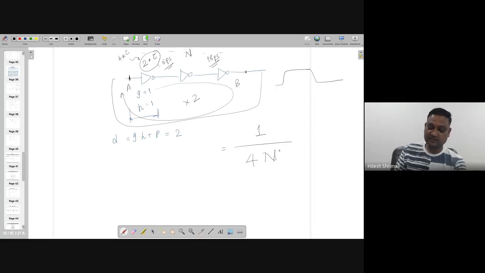Note that these particular numbers are normalized to the time constant. I am not writing it, but there is a hidden tau over here. So please read that if it is not written. However, all the people who are in this field do not write tau, they write just 1 by 4n, and that is the frequency of operation or the frequency of oscillations.